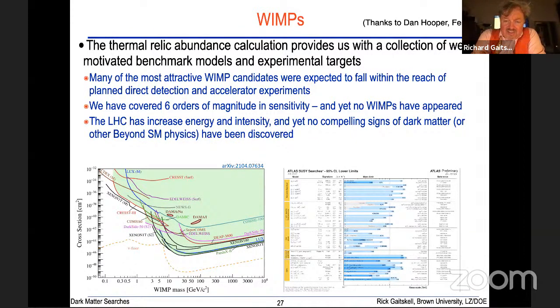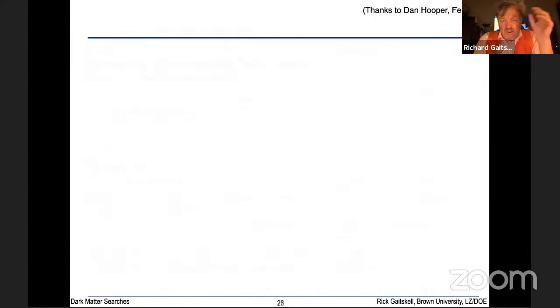But it is still the case that, even in the absence of signal in both accelerator measurements and direct detection, we can still reconcile them